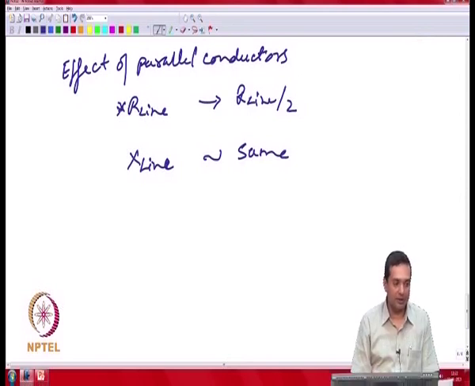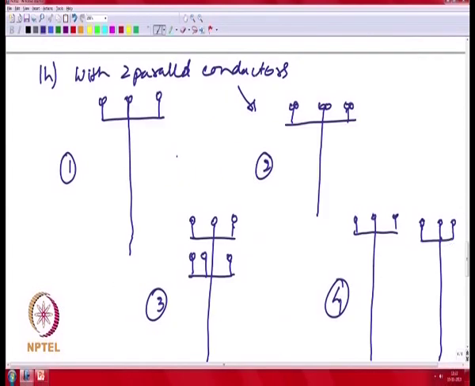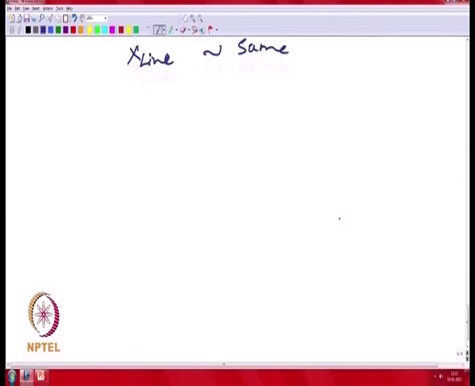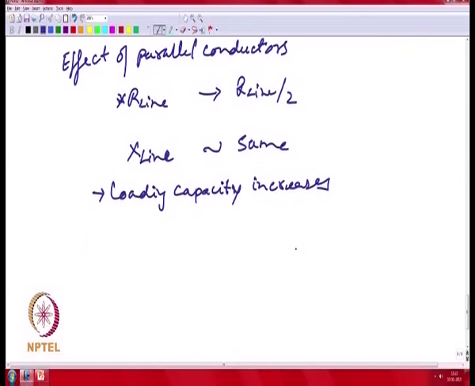The distances between your conductors are roughly the same, whereas if you now look at the case where you are having say parallel conductors, you now have effectively 2 parallel impedances. Essentially you will be changing your X line also. So, here your loading capacity increases, your X by R ratio changes. So, your X by R